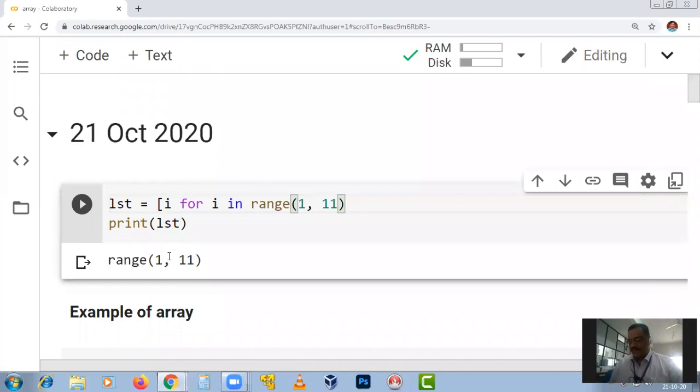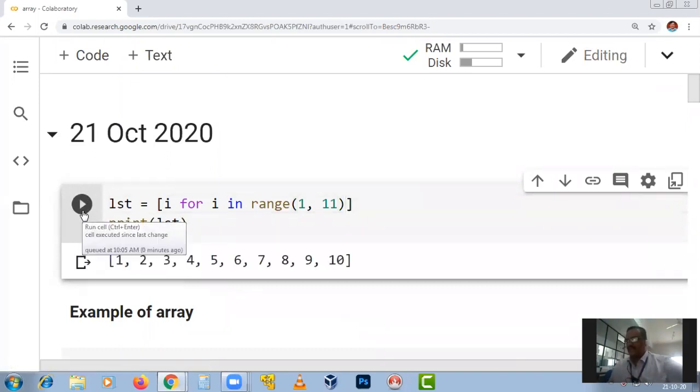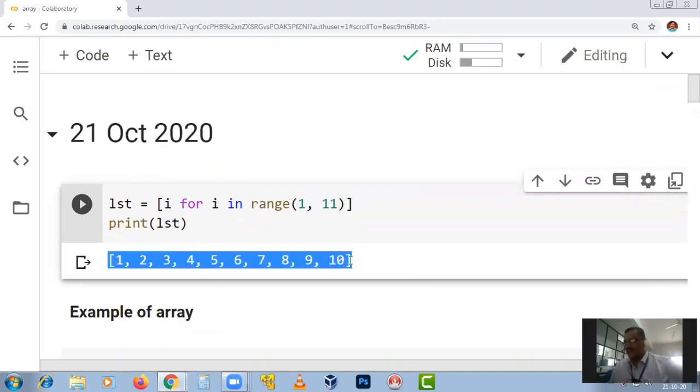This is called list comprehension, which I'll be teaching in the upcoming classes. Like this, it creates a list. Look at here, the range function can be used to create a list, and it contains this. You can see we can create a list like this.